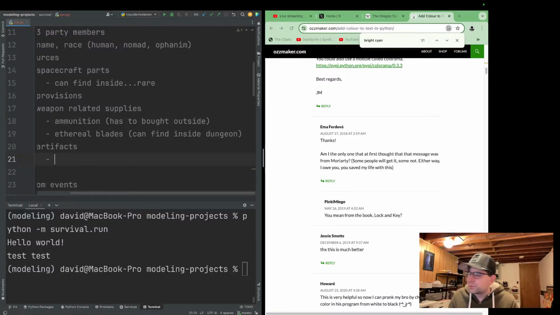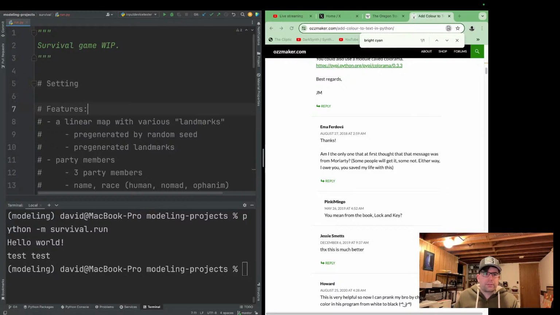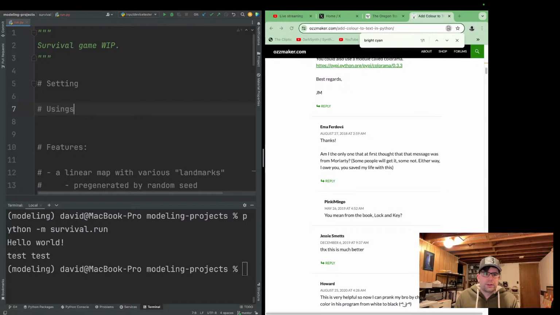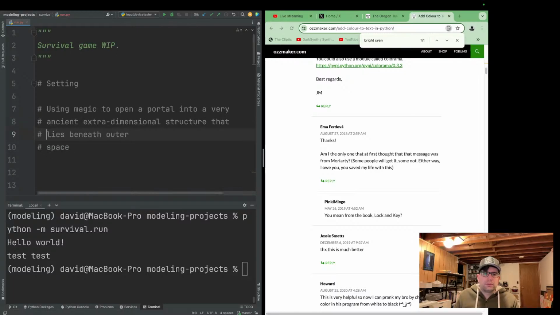I should have talked about this a little bit: the setting is that we're using magic to open a portal into a very ancient, extra dimensional structure that lies beneath outer space, exploring toward a key artifact or other goal at the end.